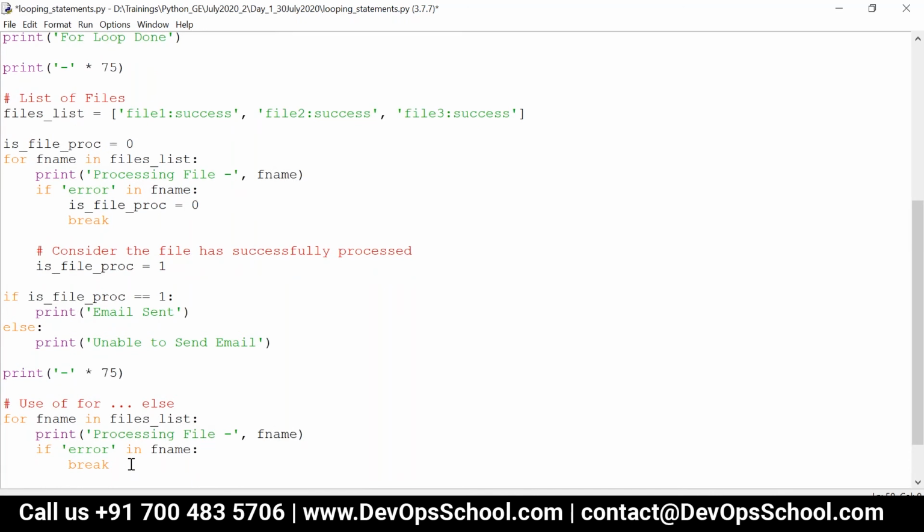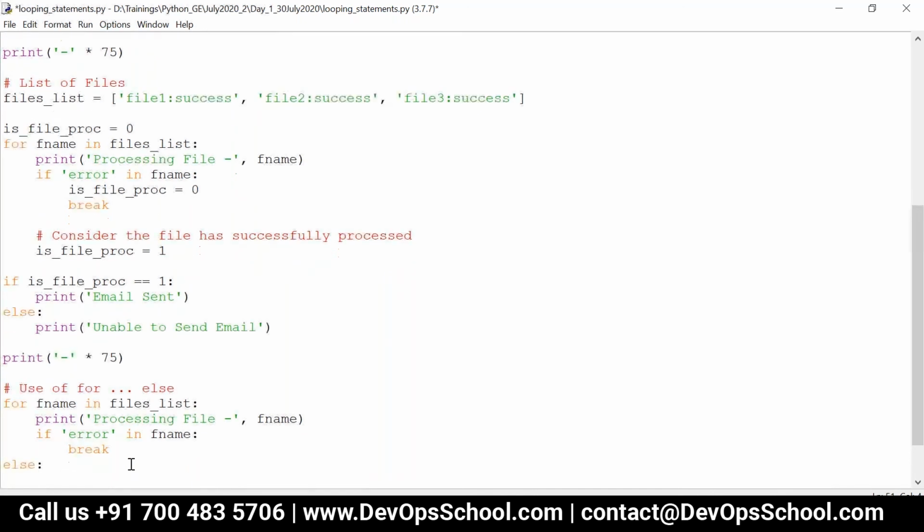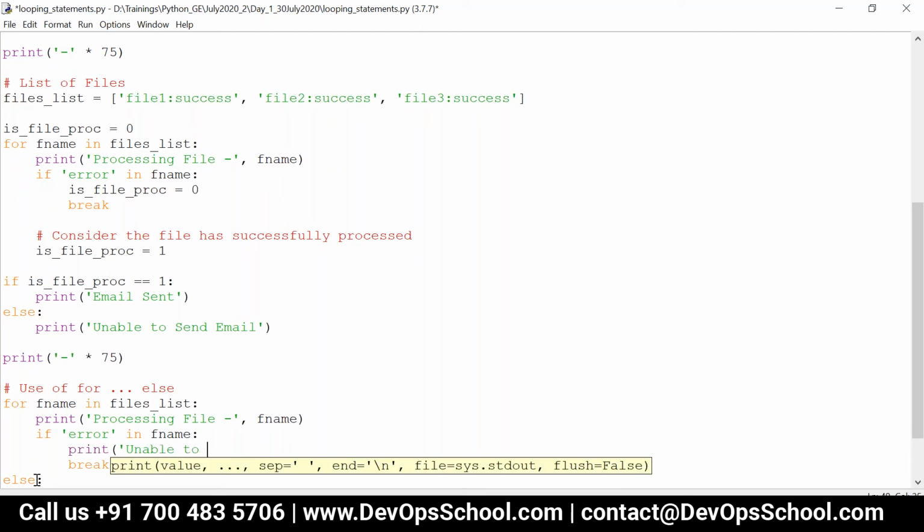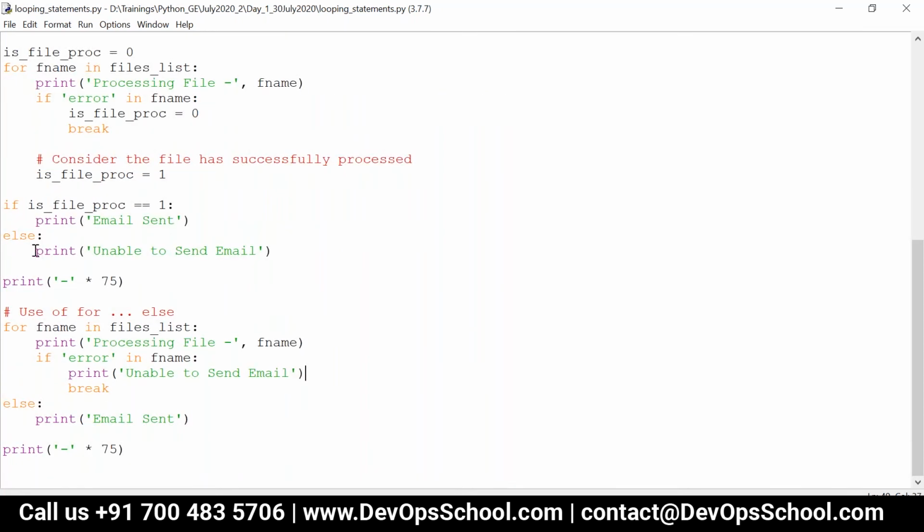And then you can include an else clause for the loop, and over here I can just write email sent, and over here I can write print unable to send email. That's it. The same functionality has been written.